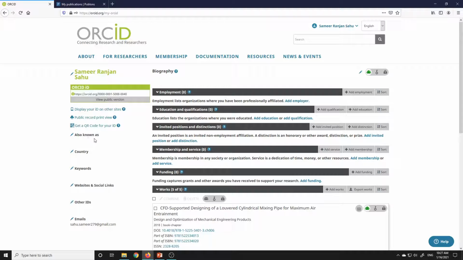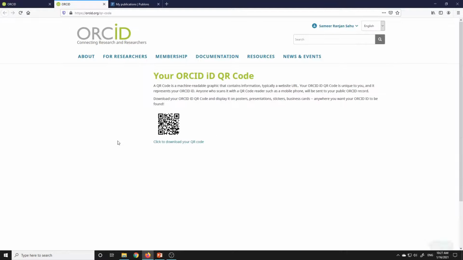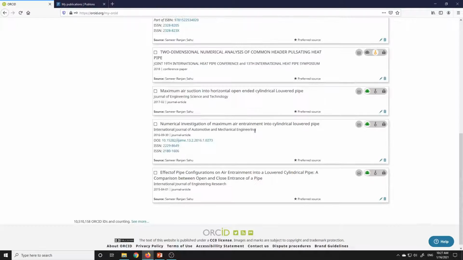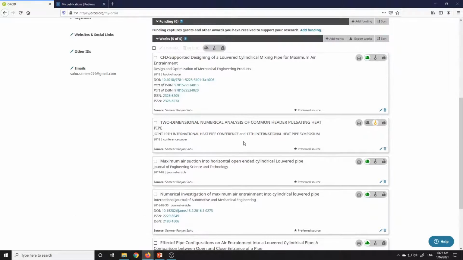It has also-known-as and everything, and you can get a QR code for your ID. Anyone can scan this code and know whatever they want to know. But again, see, I have added 4 to 5 of my publications, or my contributions.